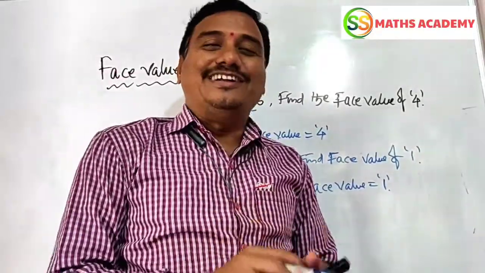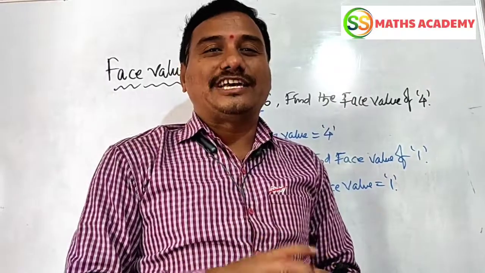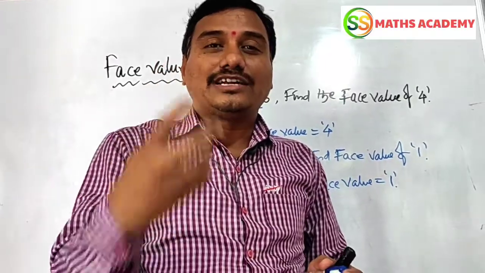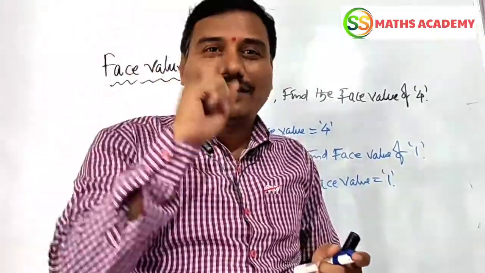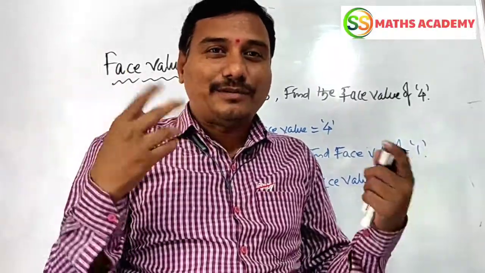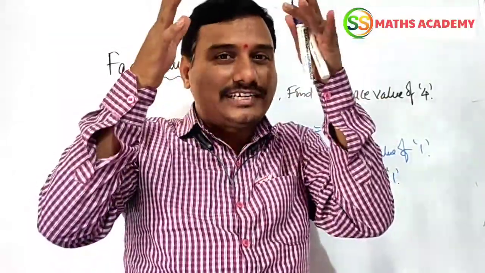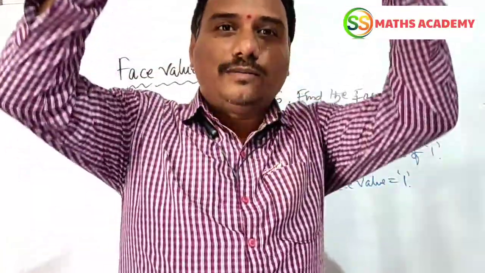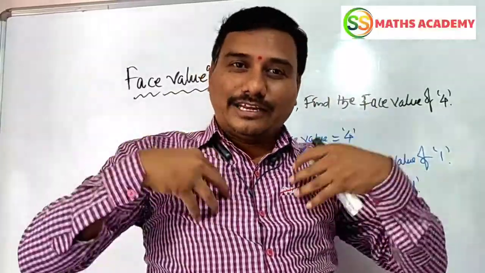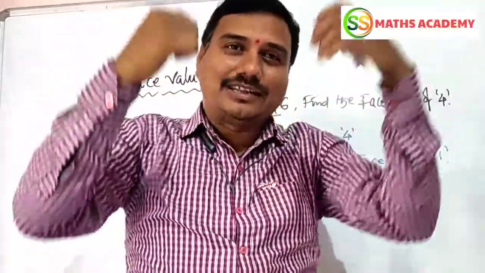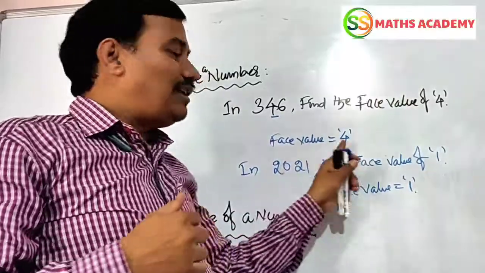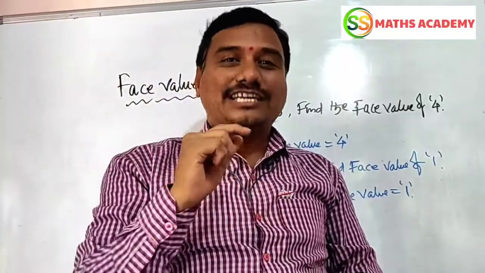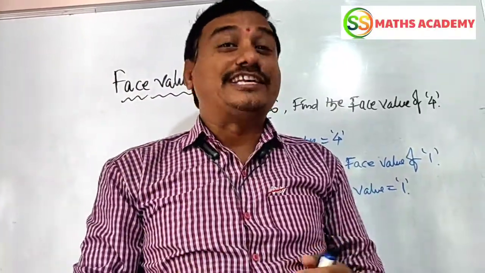Let me say something with beautiful applied mathematics in front of you. When we stand in front of the mirror, only our face will appear on the mirror. Whatever is there in our face should be represented on the mirror. Means if my number is 6, only 6 will be represented on the mirror. If my number is 4, my face value is also 4. Our face only is represented in the mirror. So no changes. That is also one kind of way to understand face value.